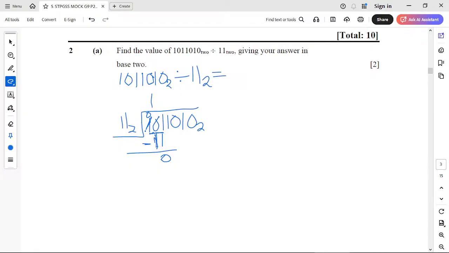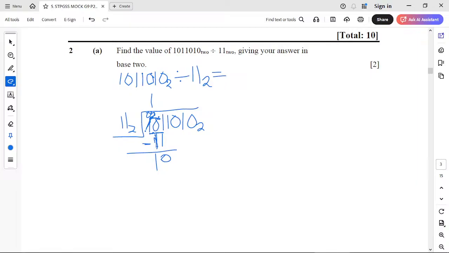Then when it comes here, it becomes 2. Then we say 2 minus 1 will give us 1. That is the answer, 1 0. Then we say